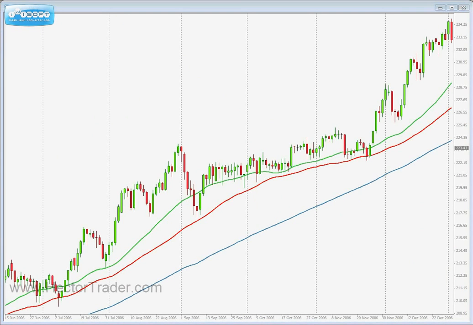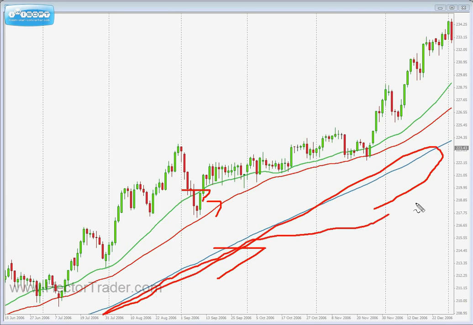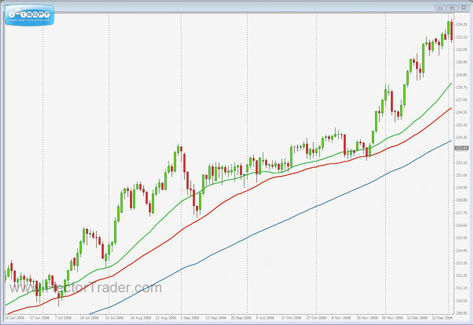Another uptrending chart, a beautiful uptrend with those moving averages nicely parallel to each other, nicely pointing in the same direction, price steering clear of the 100 moving average, etc. In this case price is indeed holding. If we draw a solid band between the 30 and the 50, we can clearly see that price is holding that band, the dynamic area of support in this case. It's clearly holding price above, and if it does, it means that this